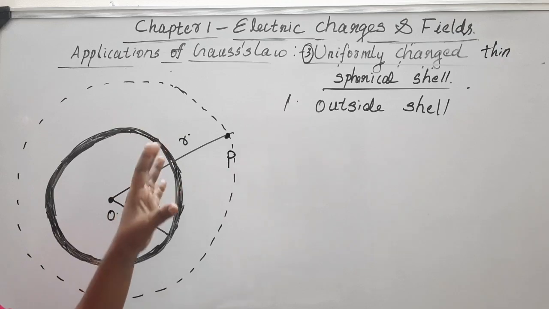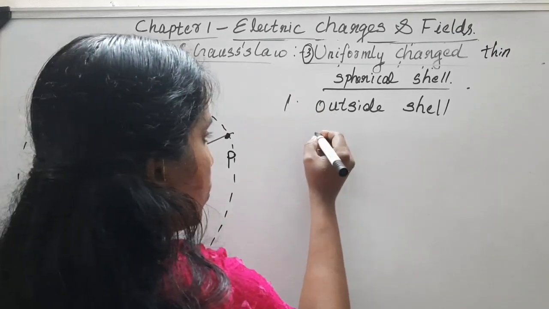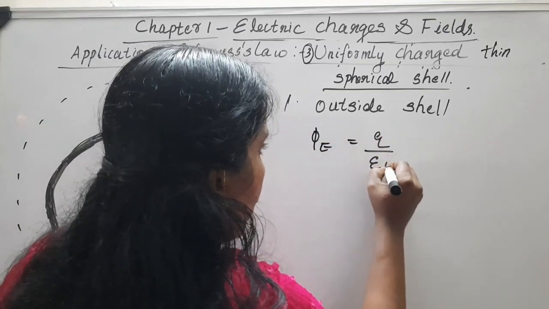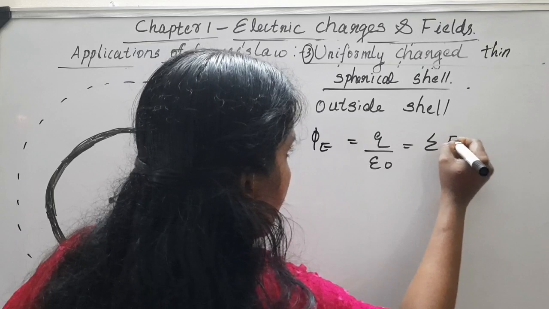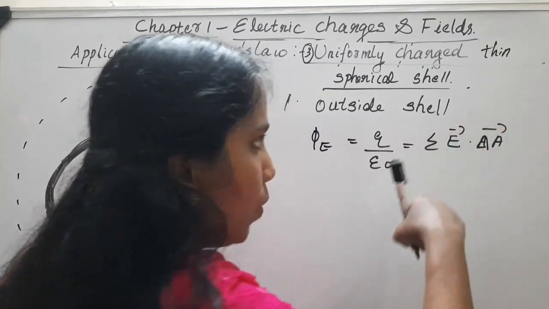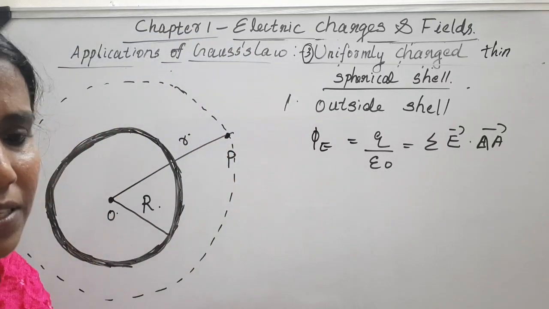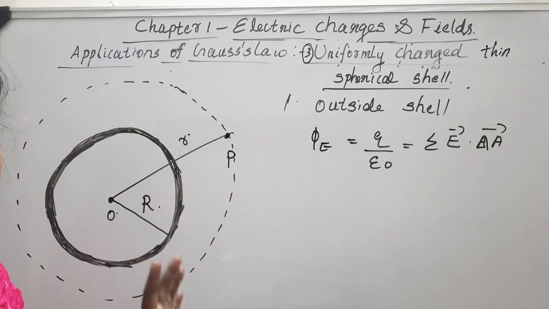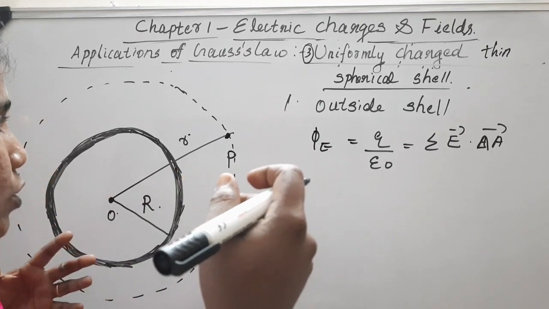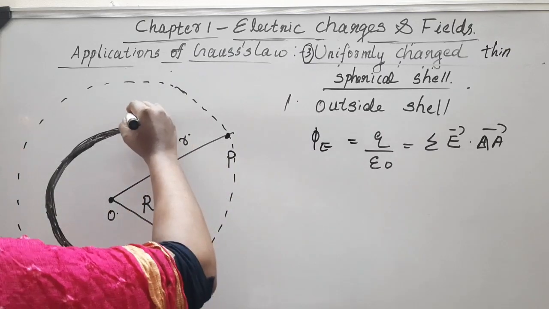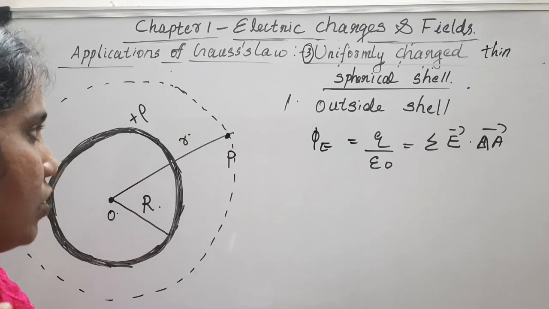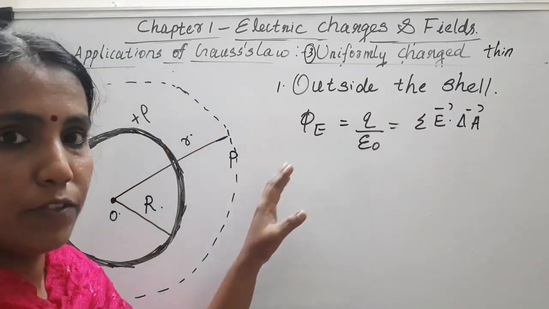So this is how we start. We have Gauss's law. What is Gauss's law? Phi E equal to Q by epsilon 0, that is equal to summation E dot delta A. So this is what we are going to find. Here only one surface is there, so it's enough to find E dot delta A at once, because when we were taking the cylinder, we had three surfaces. Here the volume charge density is plus rho, we are considering positive charge.